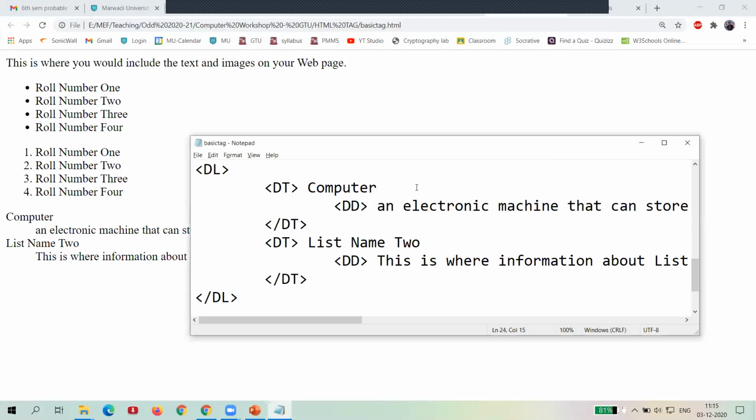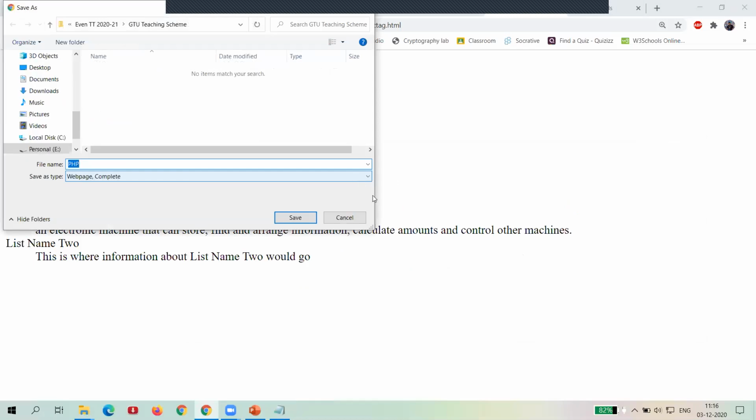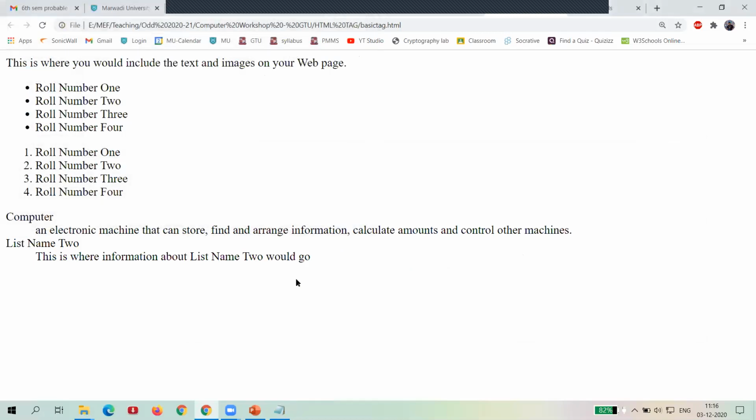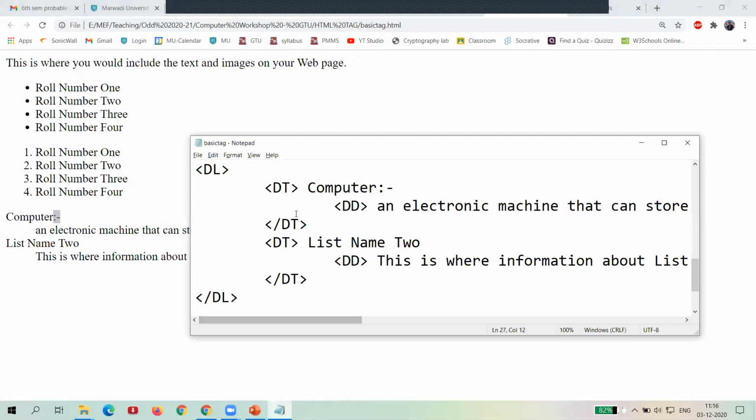For example, if you want to represent a good output, for example, I put a double colon and s. So now you can see it's represented. It means after the DT tag, whatever you write is represented the same way in your web browser.